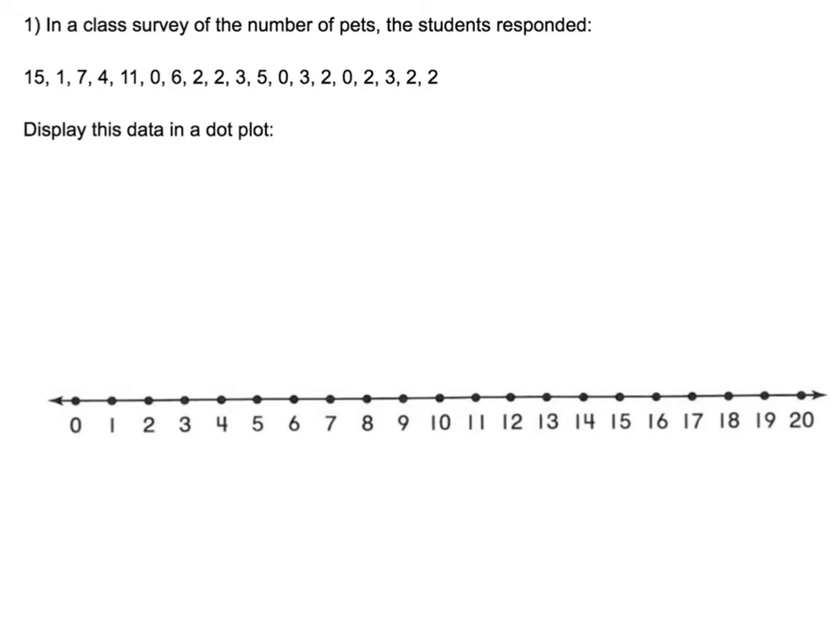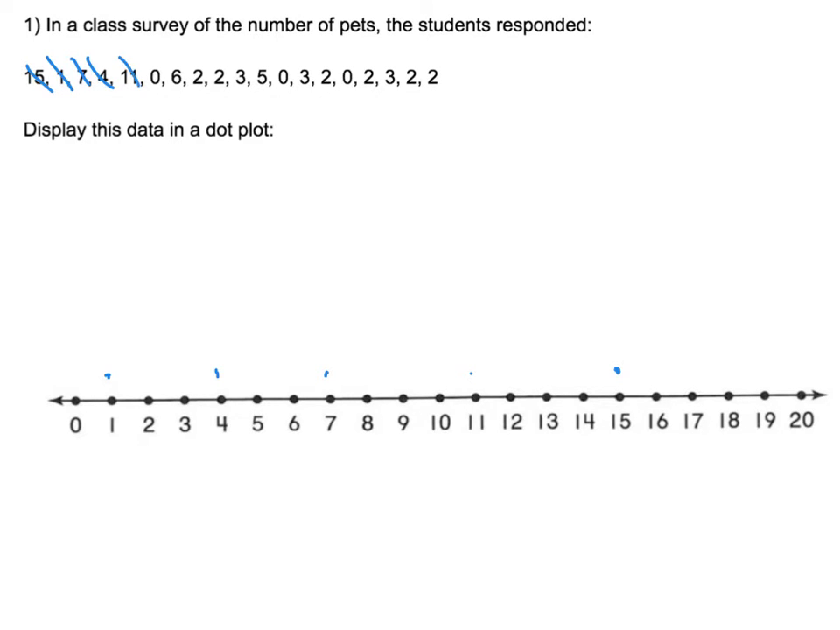All that we really are required to do when we're creating a dot plot is simply to take the list of data points that we have and put a dot above the number line for each one of those data points. So what we'll do is we'll simply start from left to right. So 15 has one data point, so I'm going to put a dot above the 15. I'm going to cross that out. I'll put a dot above the 1, cross that out, above the 7, the 4,